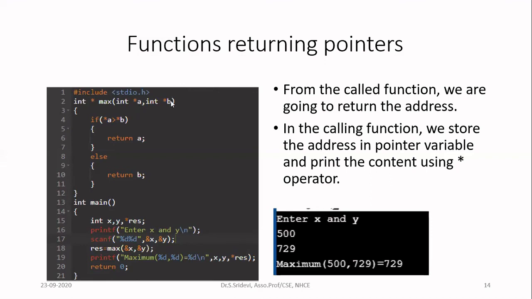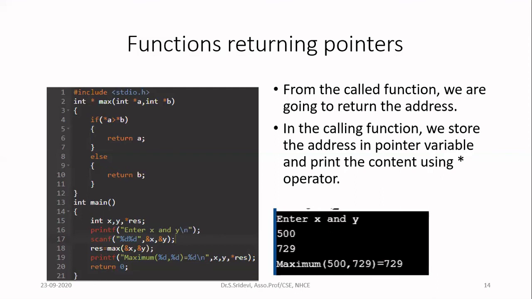Here, A and B are pointers. They contain the address. You go to the address and see the value. Okay, see which value is greater. So I am writing if star A greater than star B. Why I am writing star A here is A is having only address. You need to check the value at that address. So write star A. If star A is greater than star B, then the meaning is in the memory pointed by A, you have the larger number.